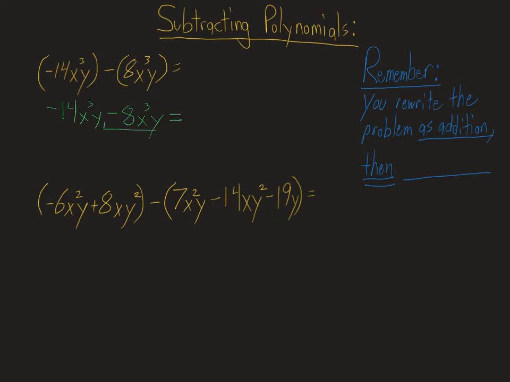Okay, bad guys and bad guys. That's a group of bad guys. That's a group of bad guys. So -14, -8, -22 x cubed y. But if we look at the second practice problem, I've got a negative in between, and